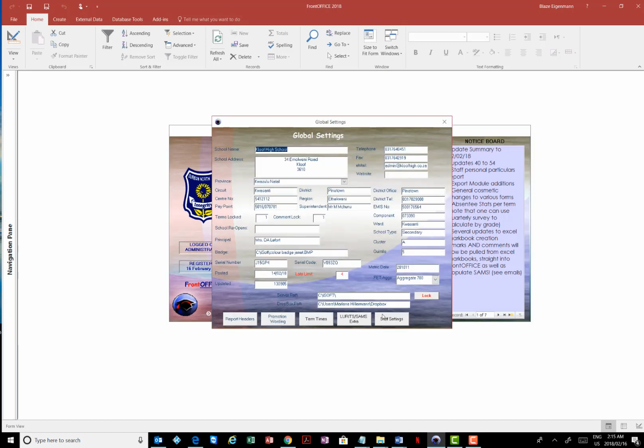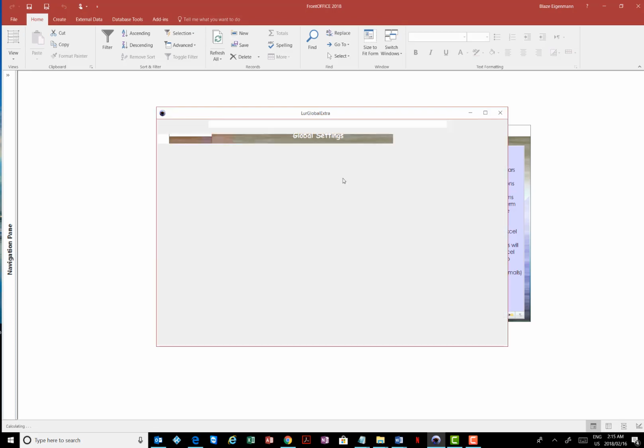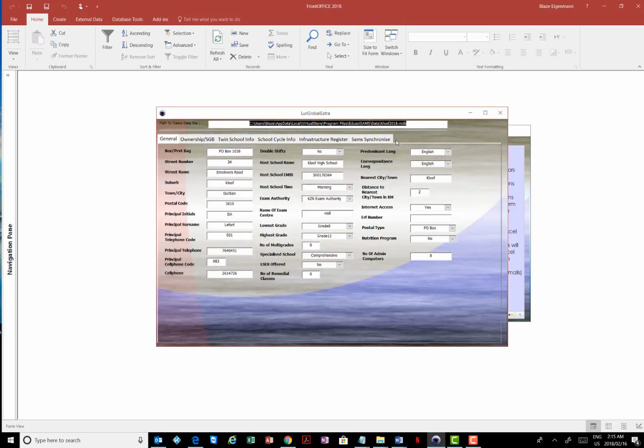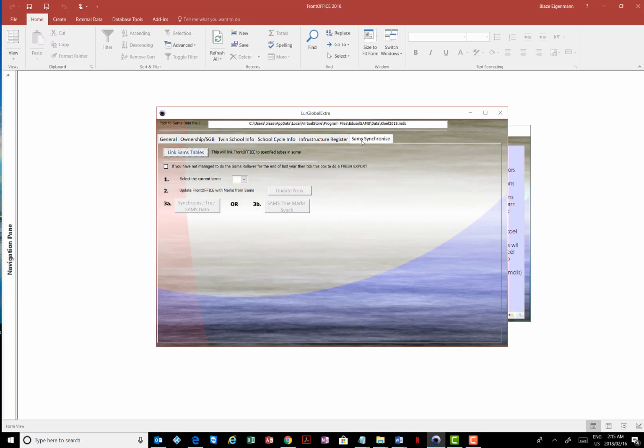Now you'll notice that in a recent update, if I remember to do it before I go to bed tonight, we've changed the terminology here from export to synchronize. And this is actually a more accurate way of looking at the way that front office interacts with SA SAMS. It isn't an export process per se. It is actually a synchronization process. And it is actually a process that is enabled through, dare I say, intelligent design,